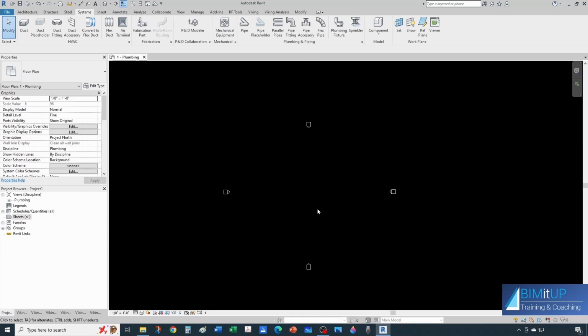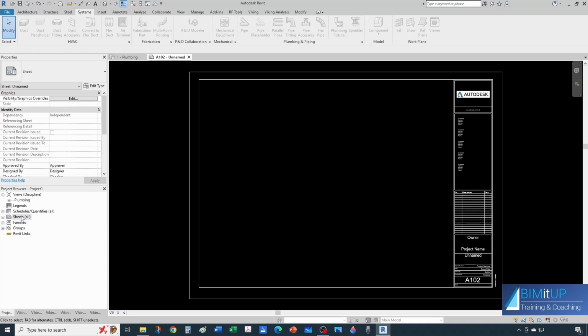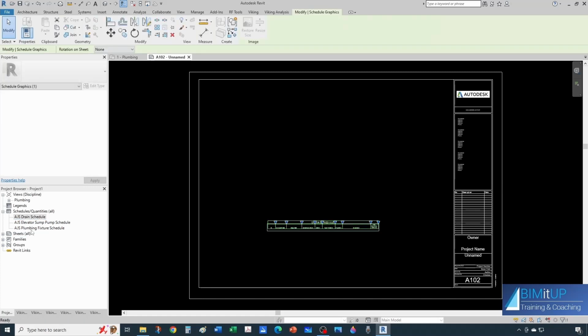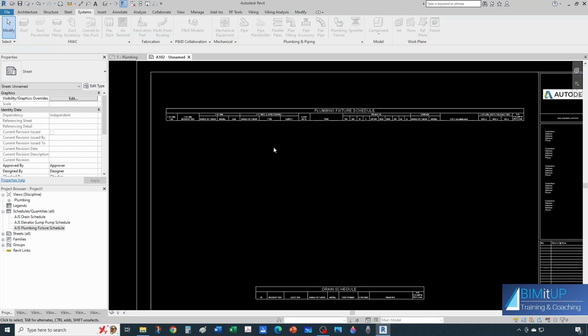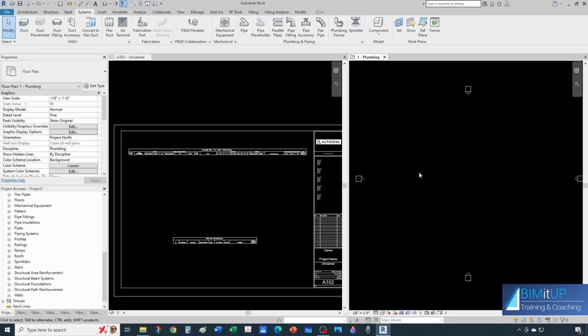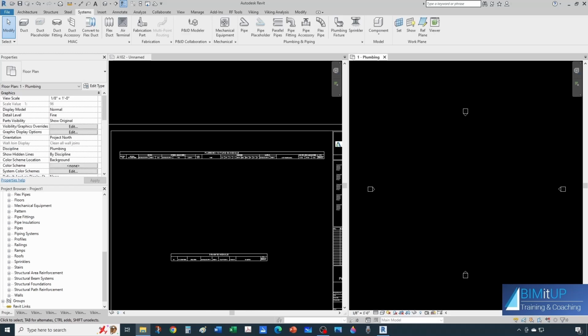But one of the coolest things about this is that if you want to create a plumbing fixture schedule and a drain schedule, it's as simple as you create a new sheet, and then if you're using the BIMitUp template, you just go here to schedule, and then you drop in, let's say your drain schedule down here, and let's say your plumbing fixture schedule right here. And right now you have nothing, right? But if you were to come here to your modeling space, it's as simple as dropping in your fixture. So I'm gonna do window tile, and I'm gonna zoom in so you see the magic happening in real time. So I'm gonna drop off